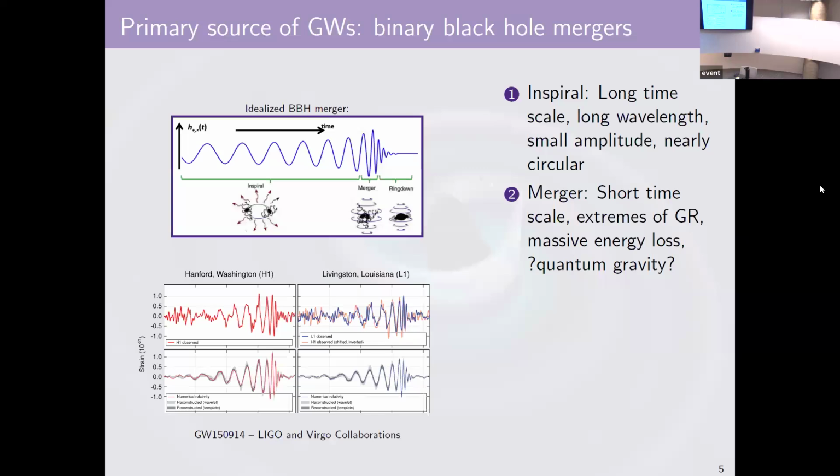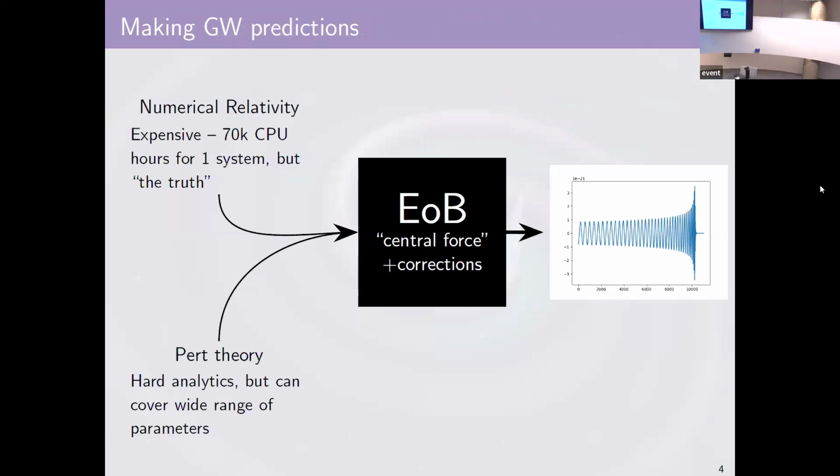Can I interrupt? Yeah. In your template in the previous slide that you showed, you said that in your laptop, you do have this merger region at the end. Yeah, so part of the EOB, part of the resummation that happens in this black box that is EOB allows you to push it closer to merger than you might expect. But the EOB template does also take input from numerical relativity. So there is some input that comes in from numerical relativity that is used to fix some of the parameters in EOB. Some of it comes from perturbation theory. This is resumming a lot of different predictions that come from both analytic and numeric methods.